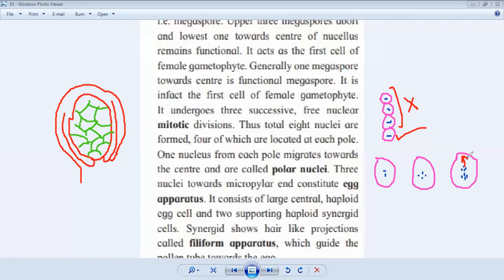ठीक है, और यहाँ से 3 जो रहेंगे ये नीचे की तरफ आ जाएंगे, मीन्स 3 nucleus from center are moving towards each pole. ठीक है, मतलब दोनों पोल की तरफ chalazal end और micropylar end की तरफ चले जाएंगे, and you will get the structure like this,